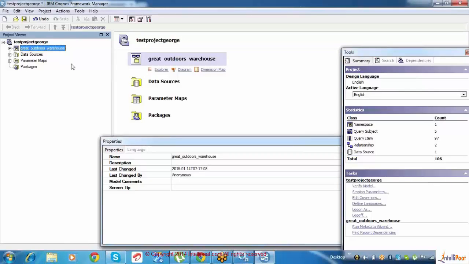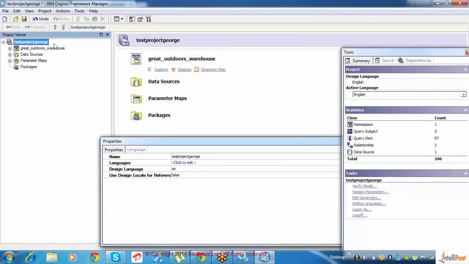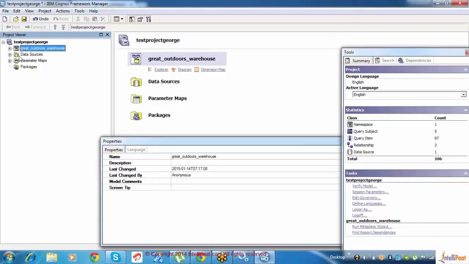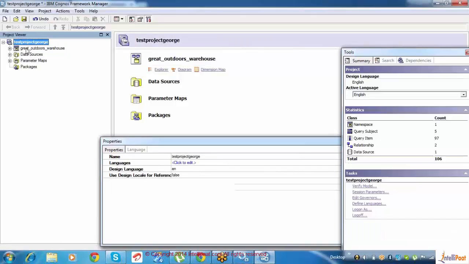So this is about Framework Manager brief introduction. In this Framework Manager, as soon as we import, all the tables we have imported will come here. So all these tables will be saved under project, whatever we give the name, right? This is the project. So inside this, we will see a namespace. This is the namespace actually. What is the namespace first of all? Namespace is to uniquely identify the set of query subjects we have imported.